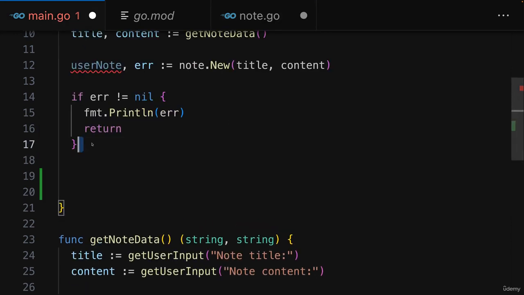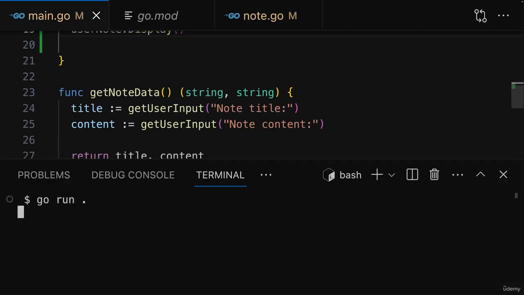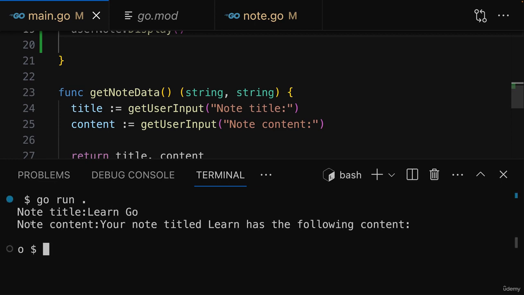And therefore now with that, we added this method, and back in the main Go file, we can then call this method. Here after this if check, to make sure that we have a valid node, there we can call usernode.Display, like this. Well, and with that added, if we execute this, we have to assign a node title, like learn Go, and